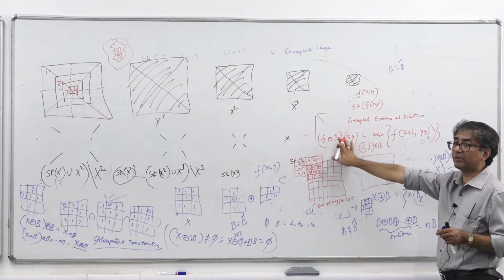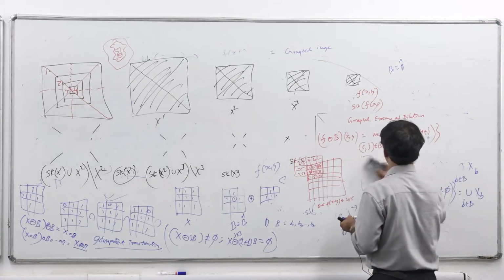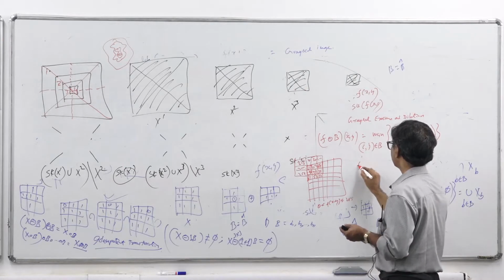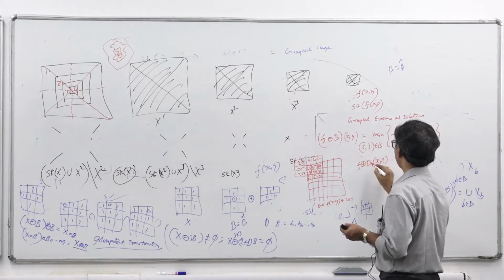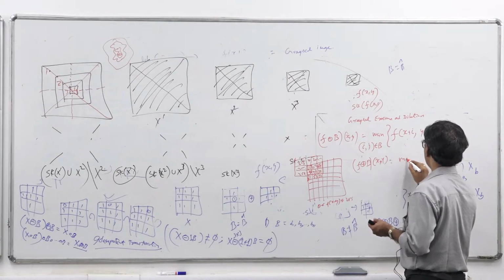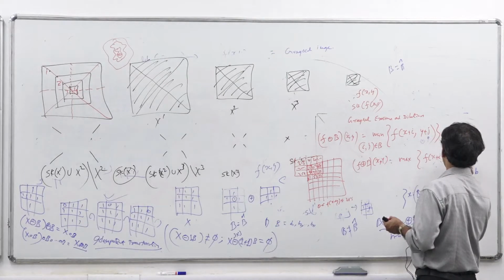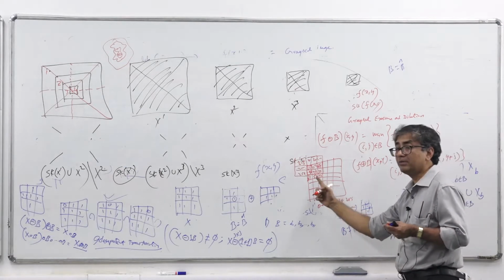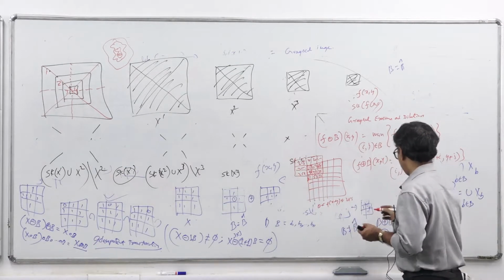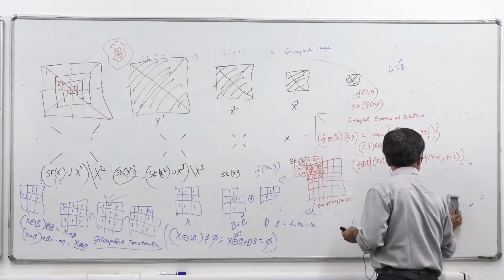The actual interpretation of this equation is this, right? And then further, what is its dual operation? The dual operation is, instead of taking minimum, we will take maximum here. F of x plus i, y plus j, again i and j belong to B. Instead of taking the minimum, you take the maximum. And in turn, you have grayscale dilation, you got.